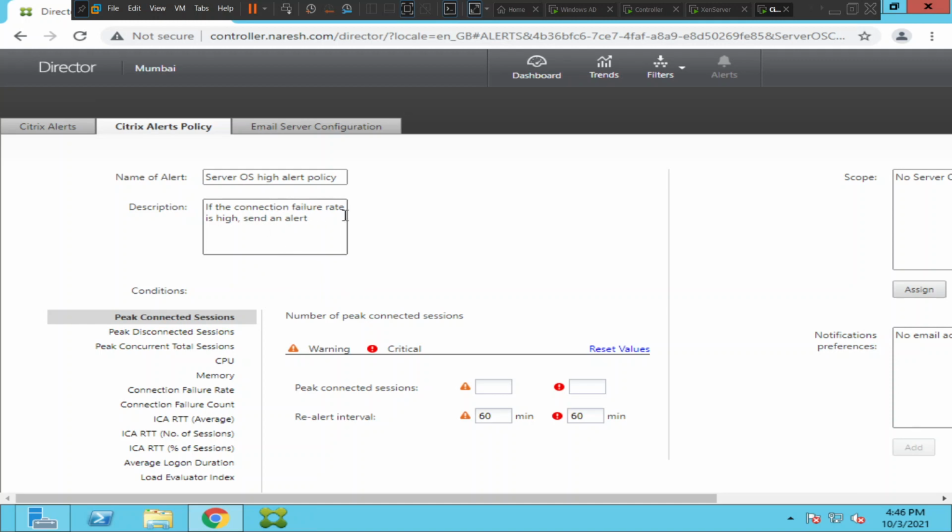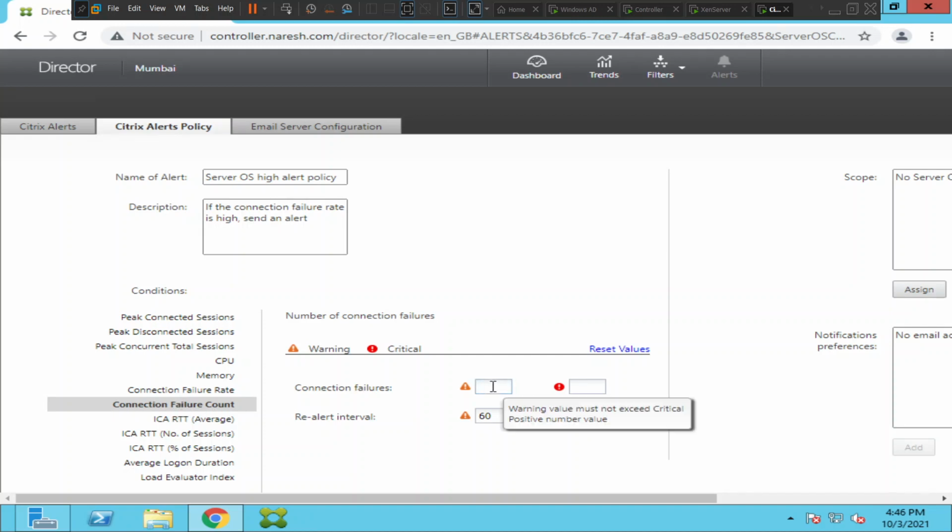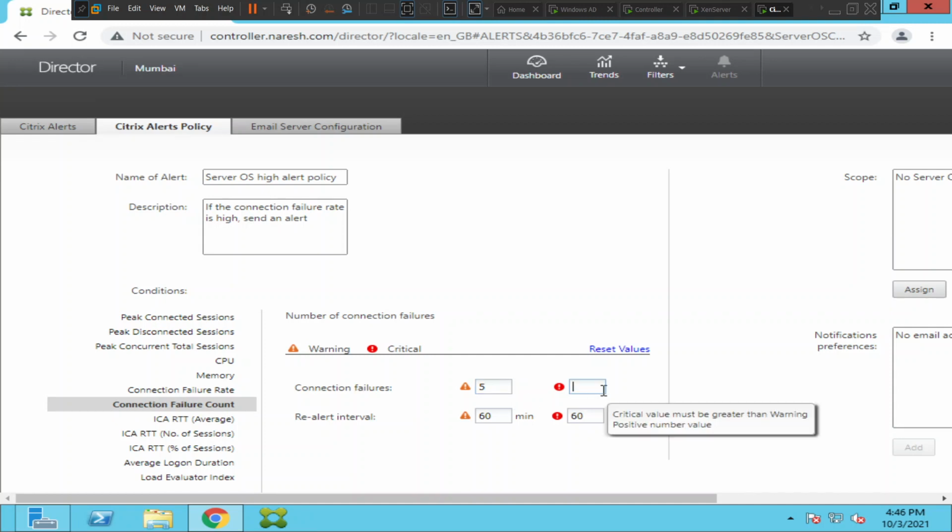So here it is, connection failure count. I'm going to click on it, and I'm going to type here, send a warning if the number is 5. If it happens 5 times, send an alert. And if it happens to 10 machines or something, then please send a critical alert to the mailbox of the person or the group.